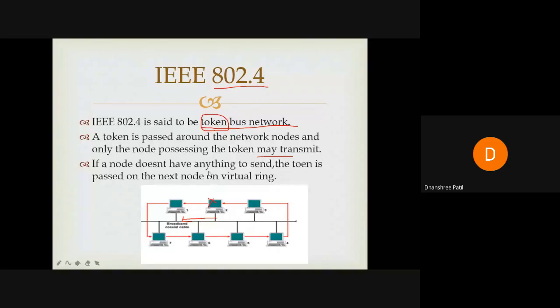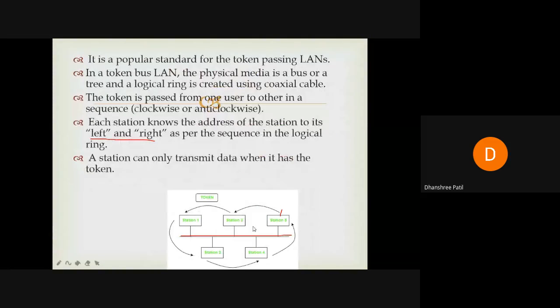From one station to another station to form a continuous network. Then the node which wants to send a frame must have a token. Then the station which has the highest number passes the token first and to the next one. Every station should know who is at left and right to form a ring structure. It forms a ring structure by using the coaxial cable.